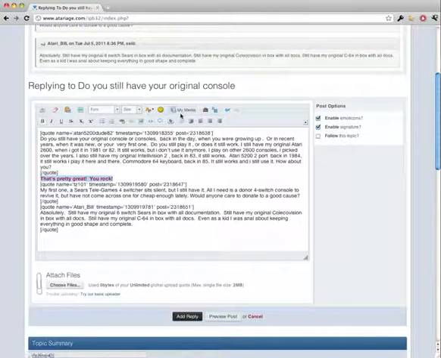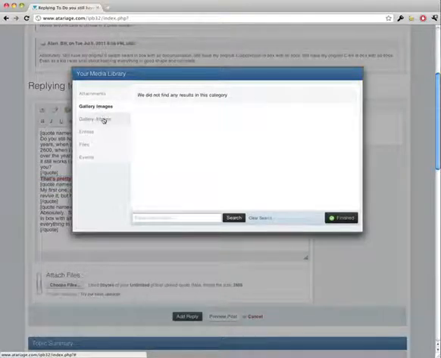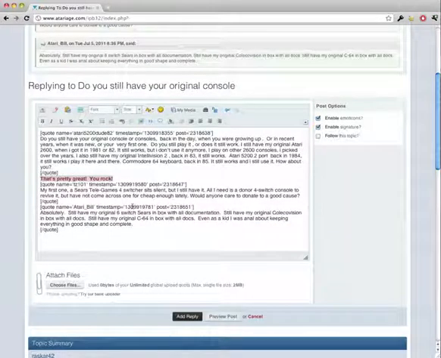One new button here, My Media, which I won't have any in this account, but I'll upload an image to the gallery and show you. But basically any attachments you ever uploaded, gallery images, albums, blog entries, regular files, events in the calendar that you've added, you can quickly search all that media that you've uploaded to the forum or created in the forum, and then attach them directly to a post. And if you've got hundreds of images, you can search for 2600 or Darth Vader 2600 and quickly find a picture and then insert it right into a post,